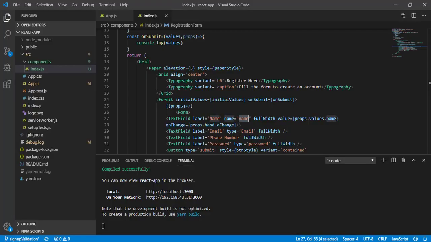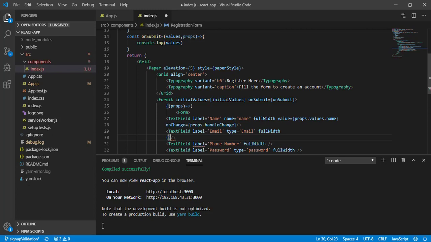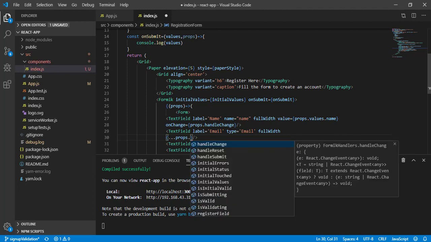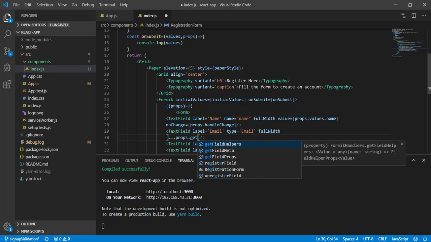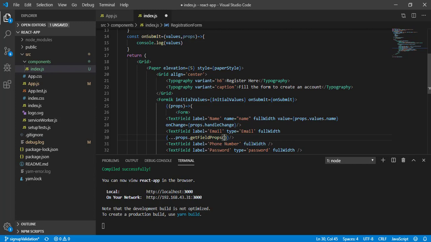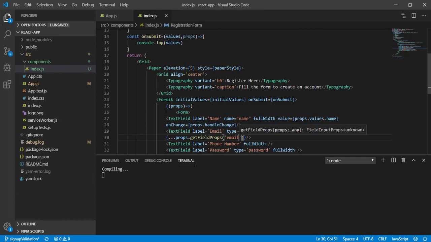Let's come here and we will implement this way for the email. Now let's break the line, and here I will get a function from props. Curly bracket, and let me destructure it. props gives me a function called getFieldProps, and here I need to pass email, that means the initial value name.